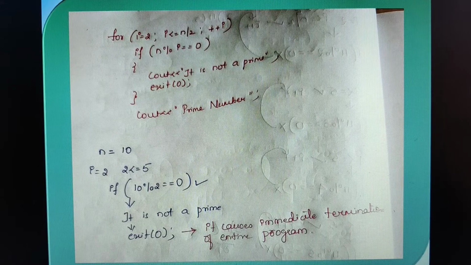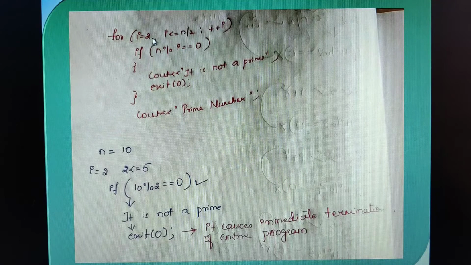So here you see I have written just the code. Now let us take the n value to be 10. If I am taking the n value 10, definitely the integer numbers lie between 2 to 5, isn't it? So i is equal to 2. 2 is less than or equal to 5, children. The condition is true. On satisfying this condition, we are